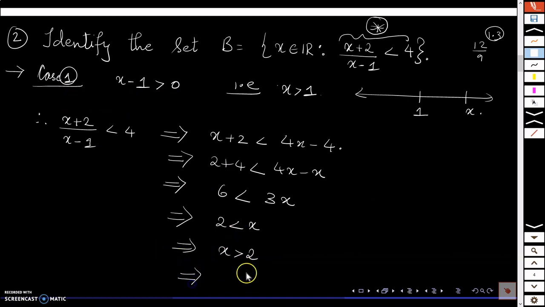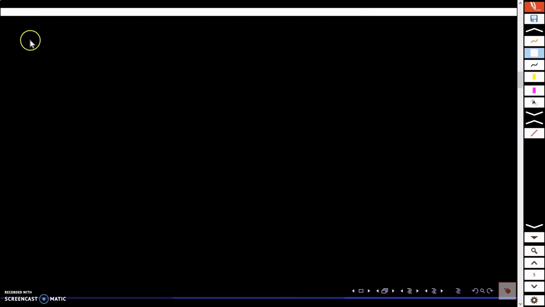So all the points which are bigger than 2 will come in this set A from case 1. And which are the points bigger than 2? If I have the number line, the points which are bigger than 2 are all these points, and that is nothing but (2, infinity). So this implies x belongs to the interval (2, infinity). So this is under case 1. Now if I look at case 2,